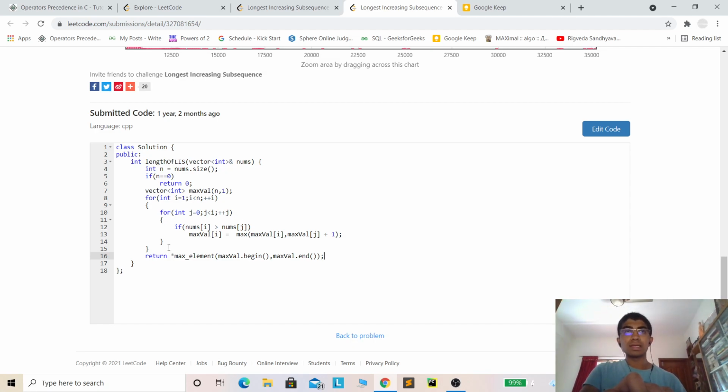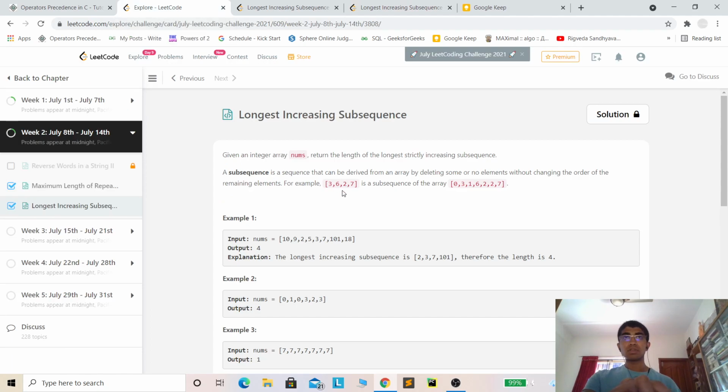So now we'll discuss the most optimal approach, that is based on binary search. This is the best approach for this problem. The intuition for using binary search is that as we process the elements from left to right, we can also think of keeping them in their respective positions in a sorted manner as well.